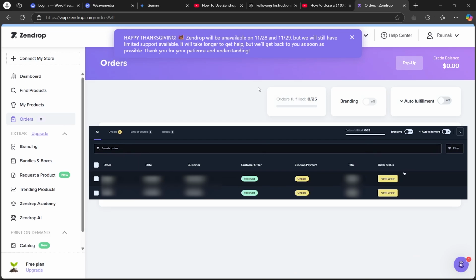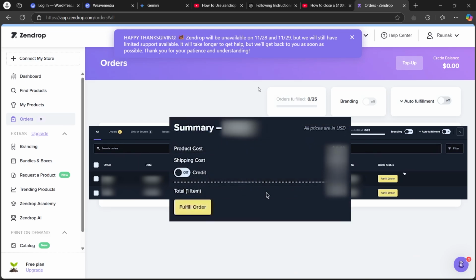It is going to show you this small pop-up where it will show you the summary of this order. You'll have to simply click on the Fulfill Order button on this page also and complete the payment by entering your payment information. Complete it and you would have successfully fulfilled your order on Zendrop Shopify. So that's how you fulfill orders on Zendrop